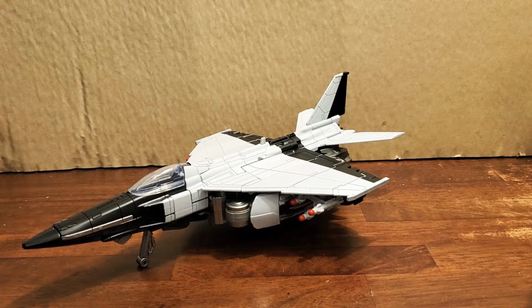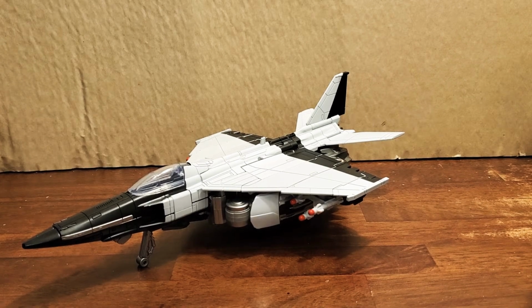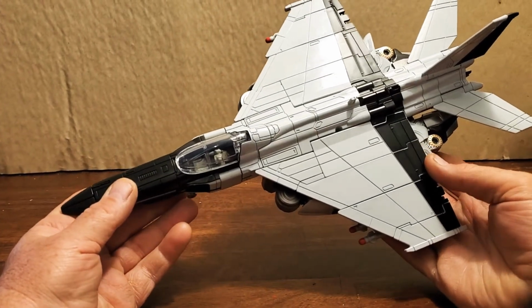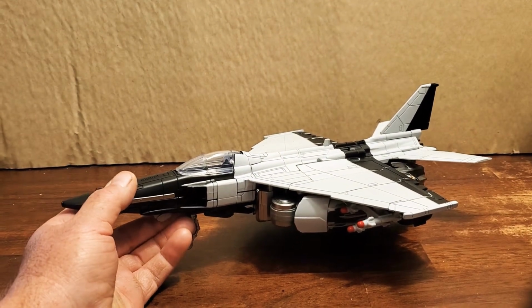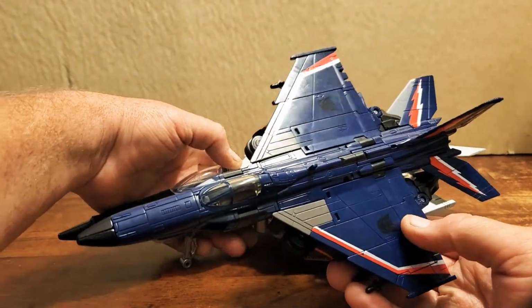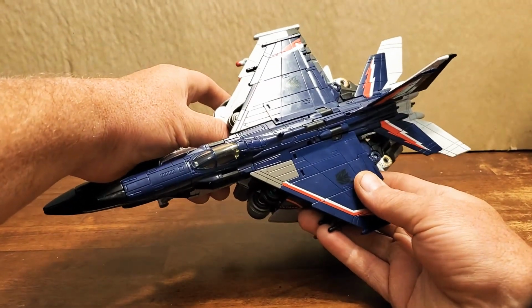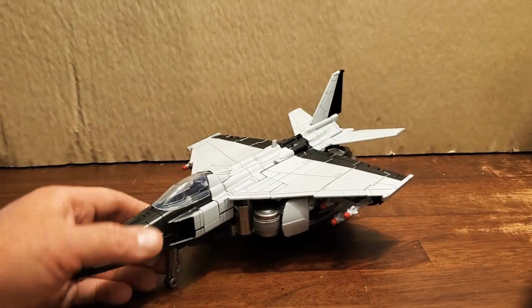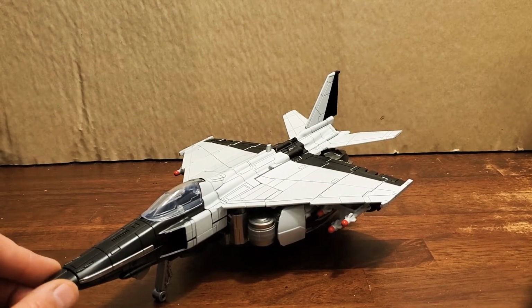Today we are going to be reviewing the big, the bad, the awesome Black Mamba Ares Nitrogen. This guy is an upscale knockoff of the Studio Series Thundercracker, which I will show you here. This is the Studio Series Thundercracker, and this is Black Mamba Nitrogen. So quite an upgrade here, as you can see, like twice the size. Definitely cool. This guy I ordered off eBay, and he came with the upgraded Fists kit, which I will show